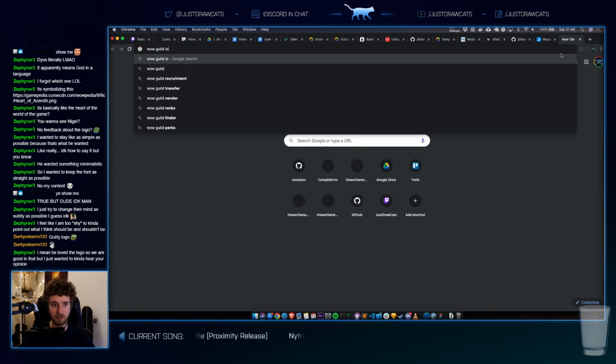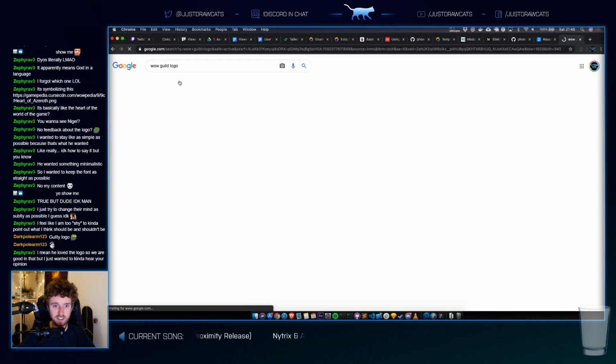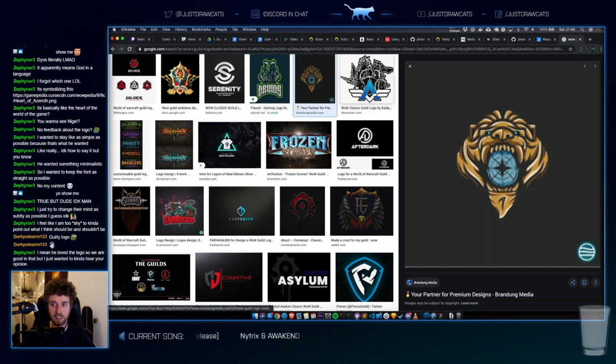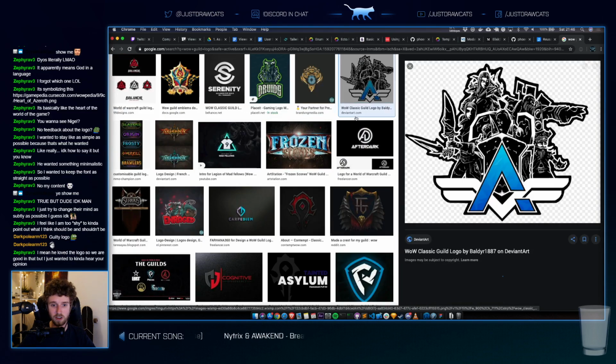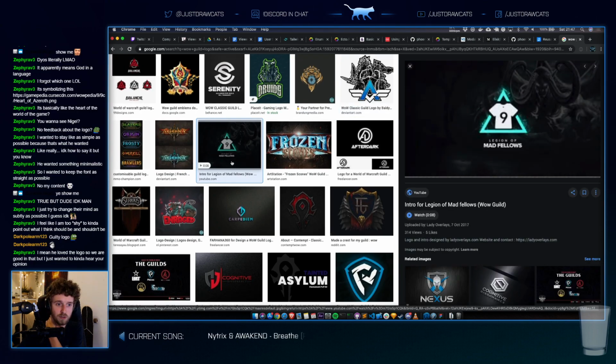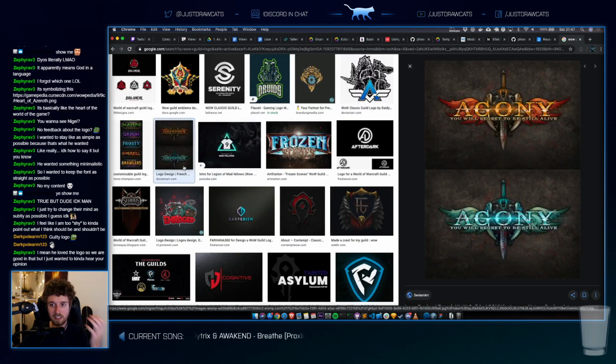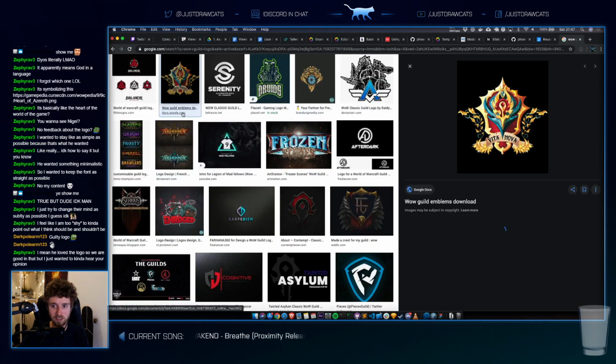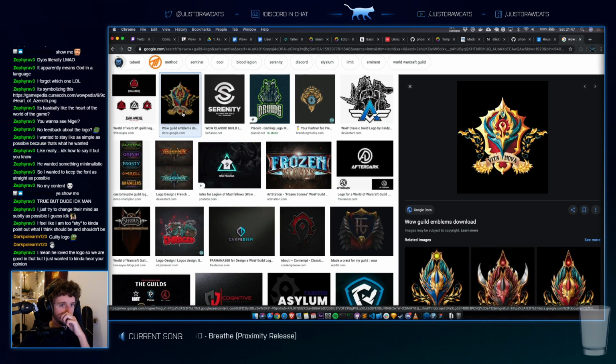WoW guild logo. Look at this. This is like multi-gaming organization kind of layouts, right? A logo that you know is going to be used for multiple games. This is a guild logo. This is maybe a guild logo.